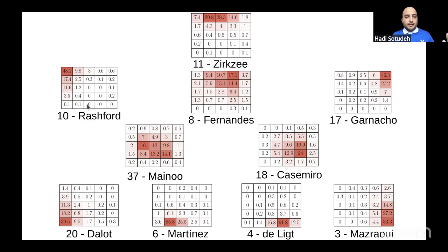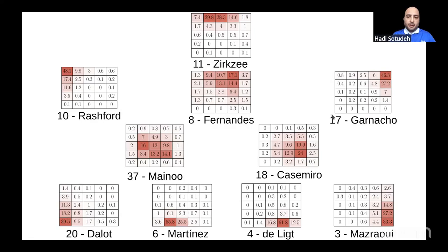Number 10, Rashford, probably staying on the touchline to the left is something we all expect from him. He's not at Manchester United anymore. He plays at Barcelona right now. But you can see around 48% he was really on the left forward channel. And Garnacho, right now he plays at Chelsea. At that match, he was the right forward player for Manchester United with around 47% of the time as a